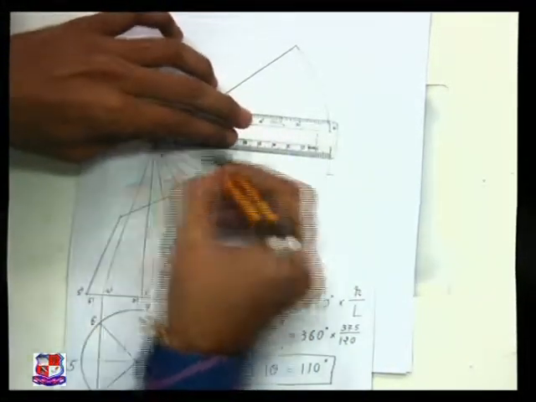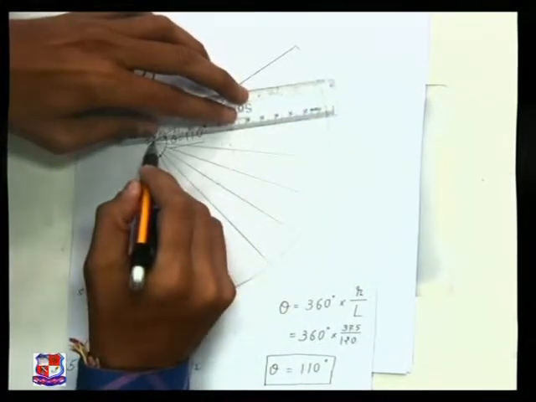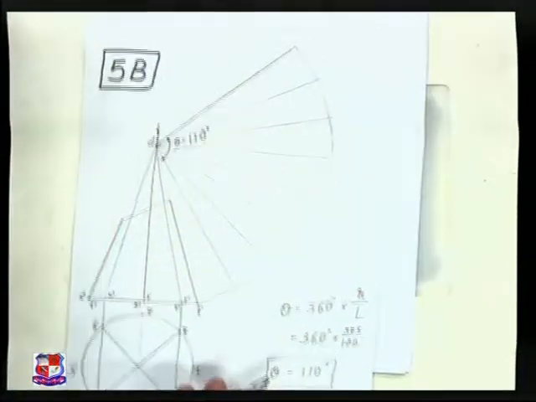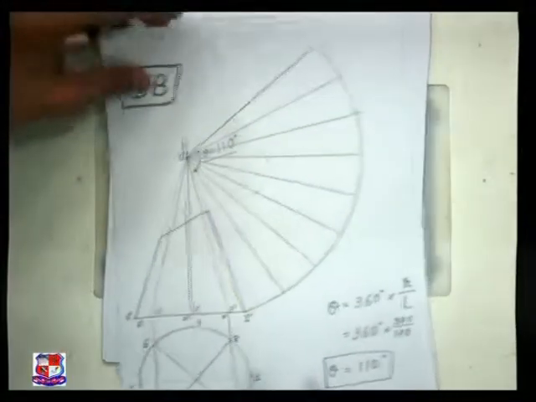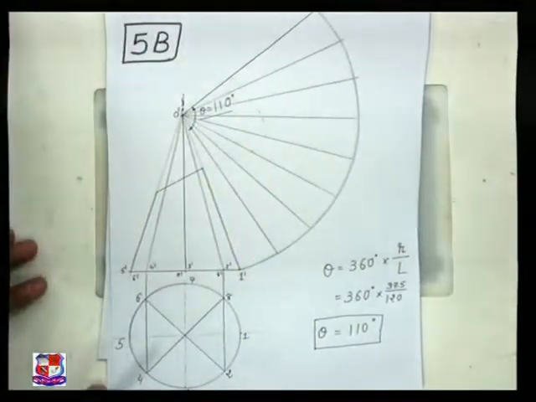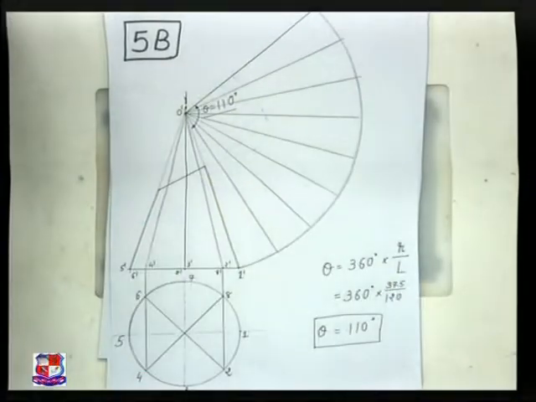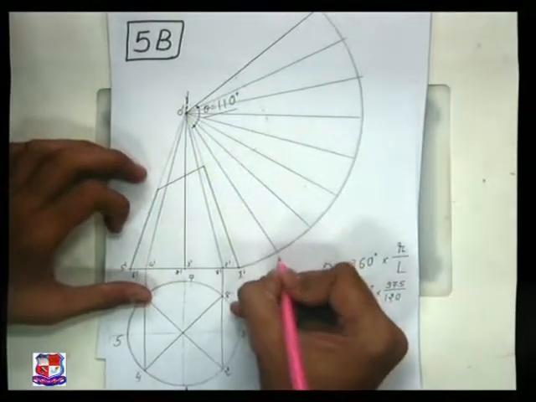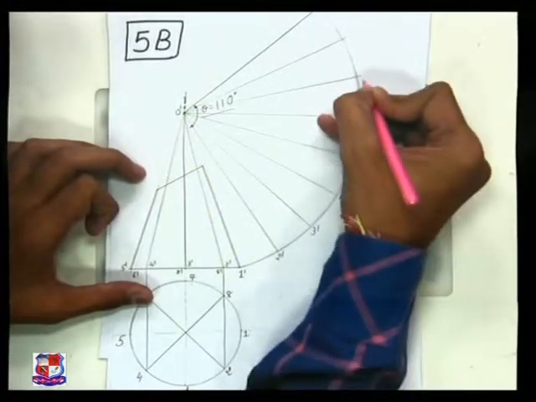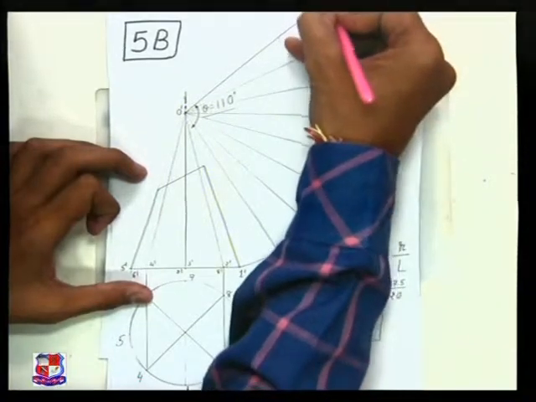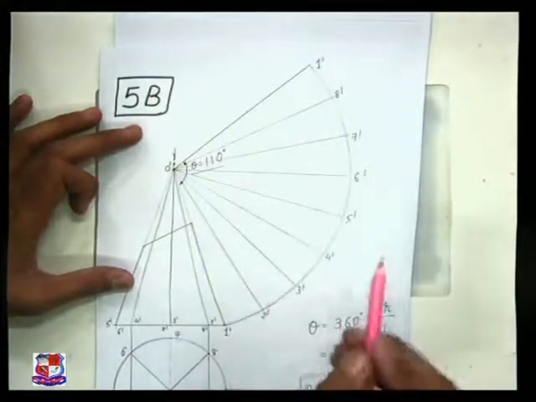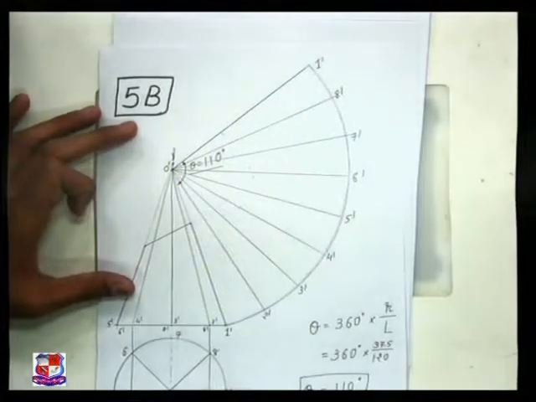If we have divided this circle into 12 parts, then this angle should also be divided into 12 equal parts. Both the numbers of divisions should be the same. After drawing this, 8 parts are drawn. Name the points. Here is point number 1 dash, 2 dash, 3 dash, 4 dash, 5 dash, 6 dash, 7 dash, 8 dash, and back to 1 dash. 8 points are there. We started from 1 dash and end with 1 dash.